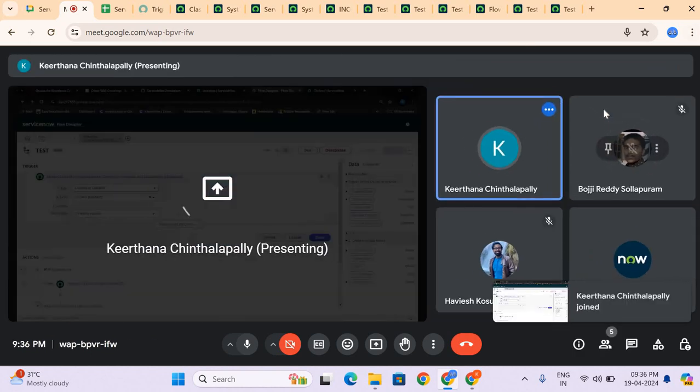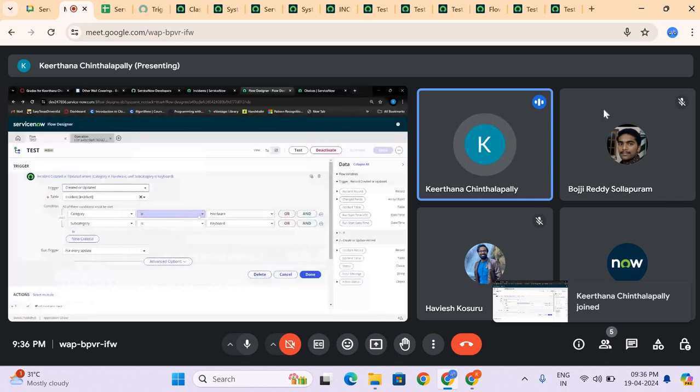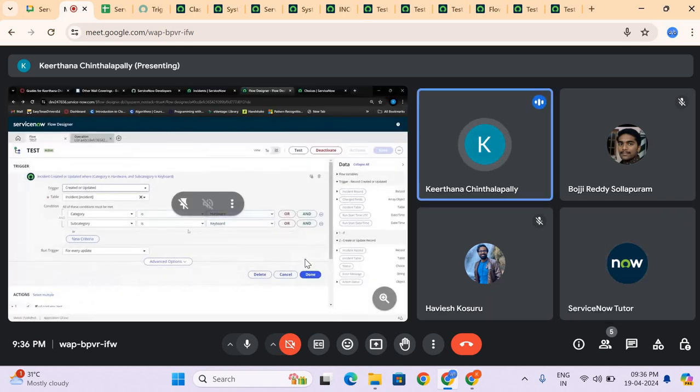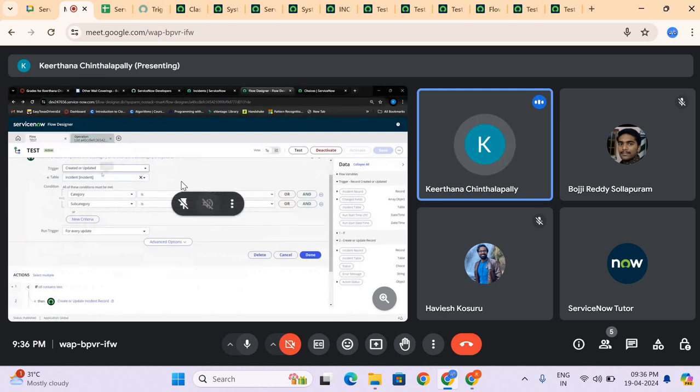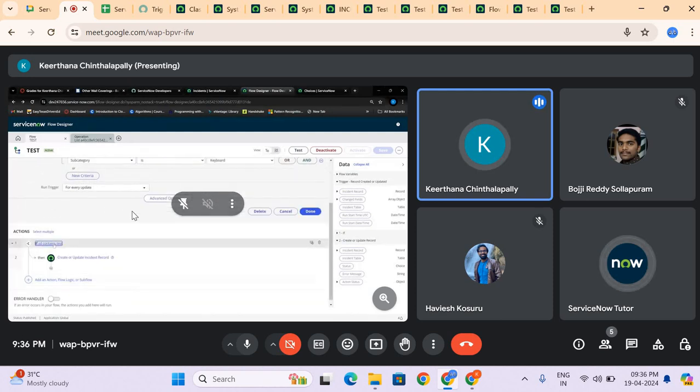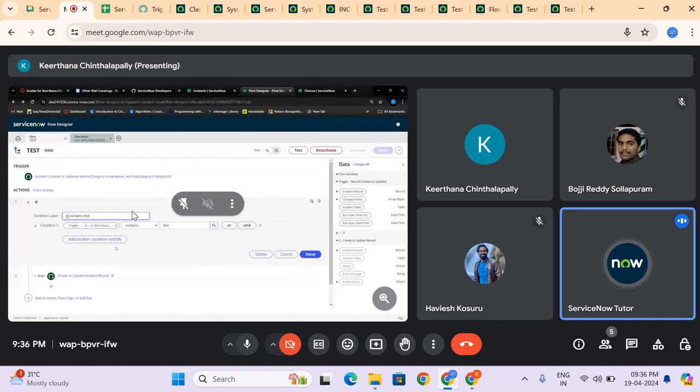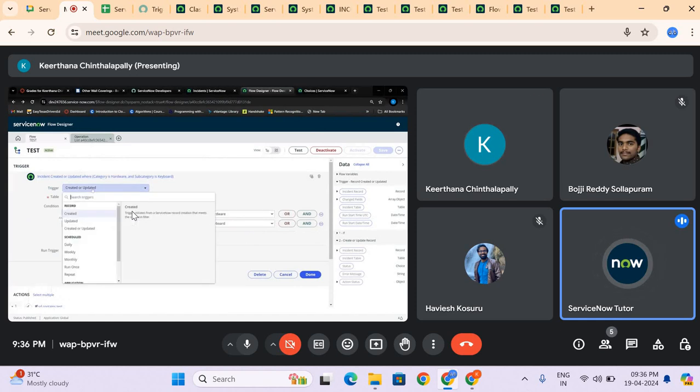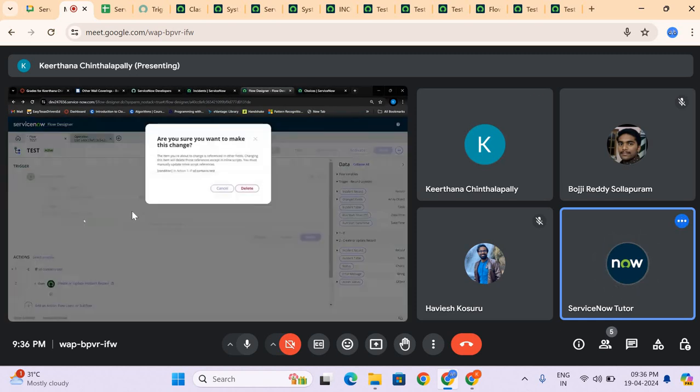So these are the conditions that you also gave. Category is hardware and subcategory is keyboard, and the table is incident, created or updated. Select either one, either created or updated, only one, so that it will be clear to you whether you will be creating or updating. You'll be having that particular